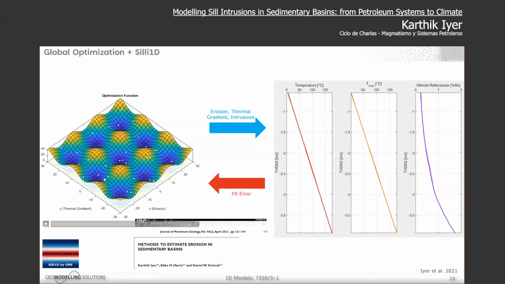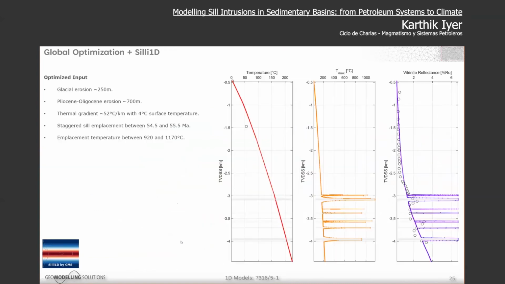So as an illustration, I've just taken thermal gradient and erosion here. I've not taken all the different variables because it'll be too many dimensions to visualize. And what it does, I'm seeding different points, and the minimum is actually here. And you have other local minima everywhere. But what we want is to end up here. And this is what the optimization function does. It tries to figure out, using the error obtained from the sill model, converge on the best fitting input variables there. So even for complicated models, we can combine it with these optimization functions and try to obtain a pretty good fit.